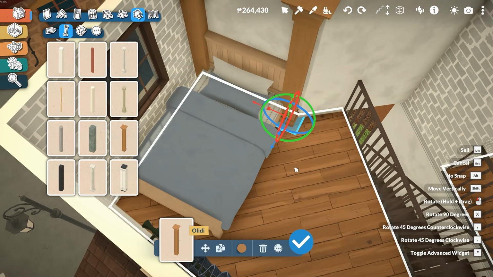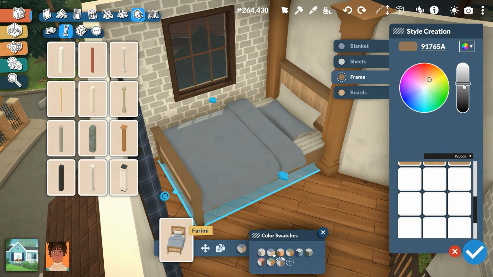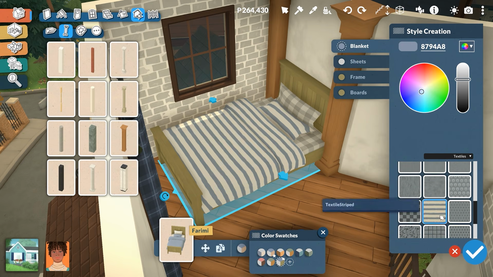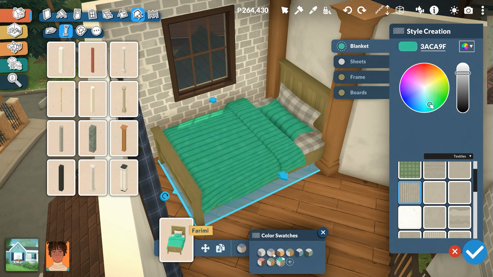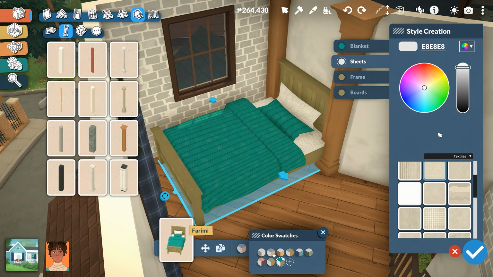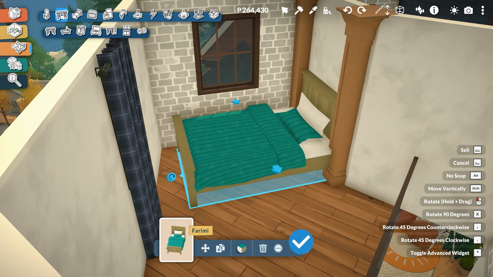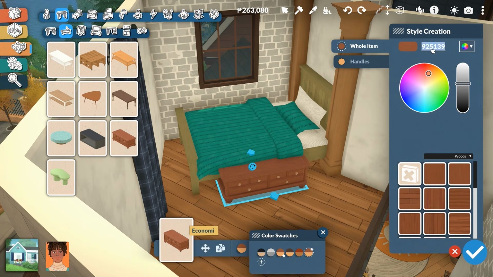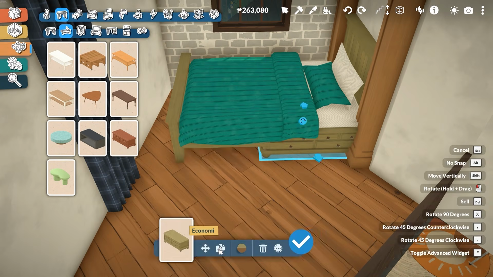Here's the bed that I was talking about before. And as I said, it was very fun to come up with a solution to have this bed fit in the space, look like it's purposeful, and also provide some much needed storage. It's heavily inspired by a build by Zoybean, who did an amazing job of really pushing the clutter and build systems of Paralives to their limits. I'll link the video in the description. This bit here, placing the TV counter underneath the bed to provide some built-in storage, was ripped straight from her video. It's a fantastic idea, something I'll definitely bear in mind for more confined spaces in the future as well.